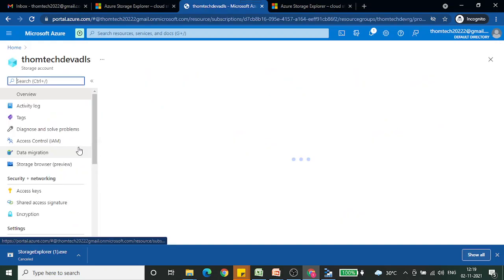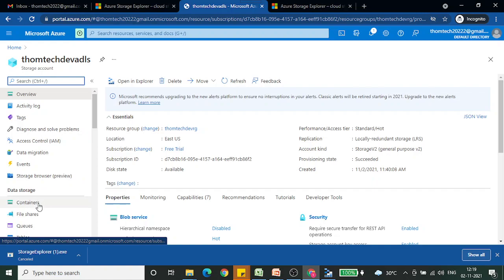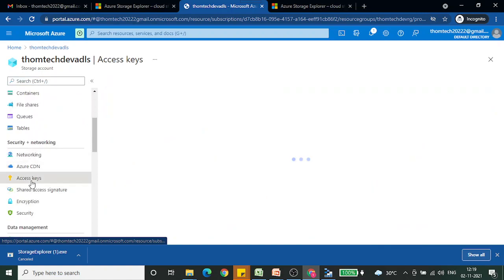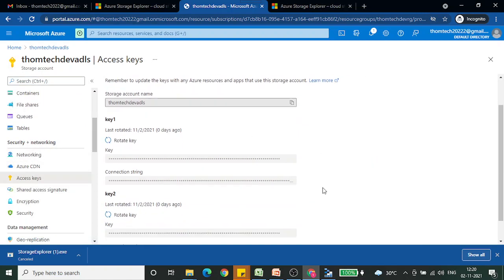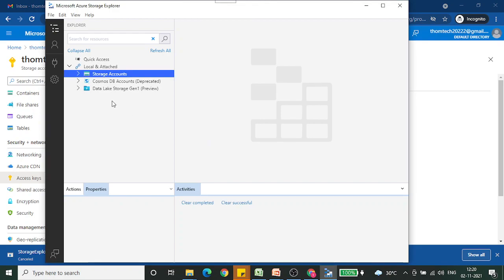Let's click on this. After clicking over here, we have access keys. There is an option on the properties side on the extreme left, access keys. Let's locate that, and it will be in an encrypted format. We need to capture this access key and utilize it in our Azure Storage Explorer one time. So let's click on show keys and get our connection string and then hide it again. Go back over here and right click, connect to storage account.